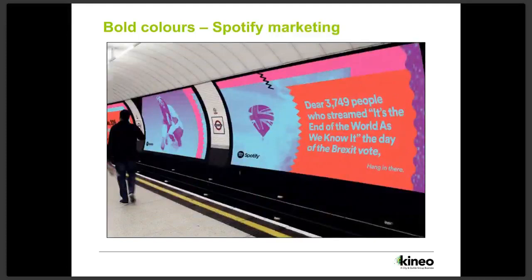And some of these examples, the Spotify examples, I really like this one, I think, especially if you think of the bold colours that have been used, kind of pink and an orange and a purple, and in your mind you think, no, that won't work, that's just going to look a mess when you put them all together. But the way they kept the blocks really quite simple and overlaid, I think you can see that you can use kind of any colour combination, really, can't you? It's just about how you do that.